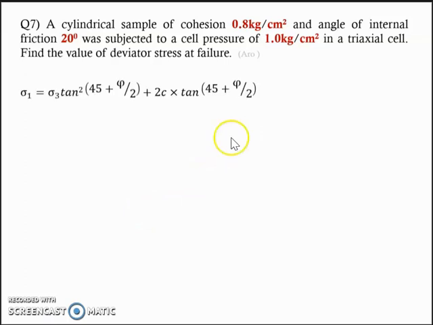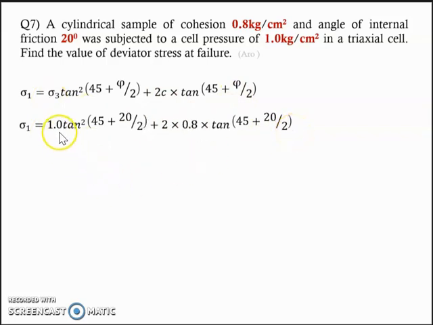So you have the expression for sigma 1, the major principal stress: sigma 1 equals sigma 3 tan square (45 plus phi by 2) plus 2c tan (45 plus phi by 2), in which C is already given, phi is already given, and sigma 3 is already given. All you have to do is to substitute. So sigma 3, phi, and C, from which you will get the value of sigma 1, which is nothing but